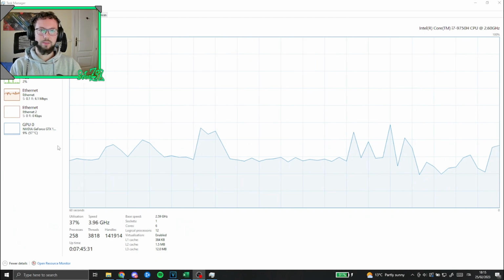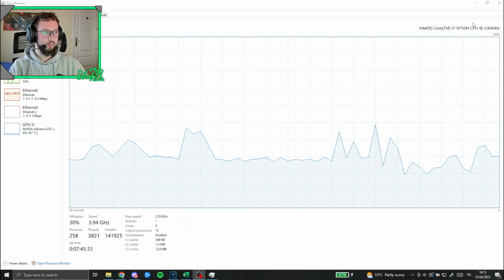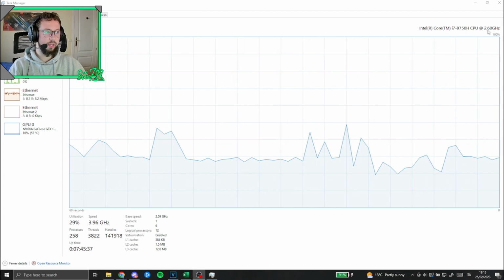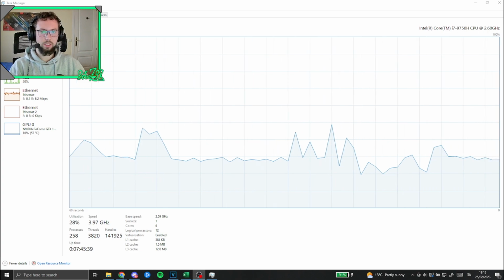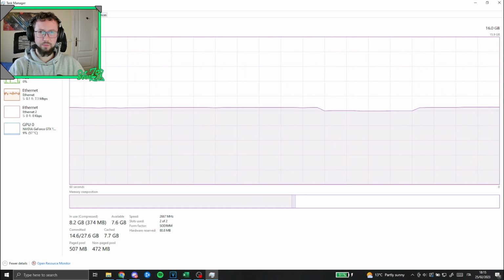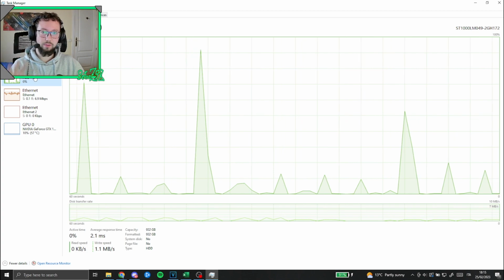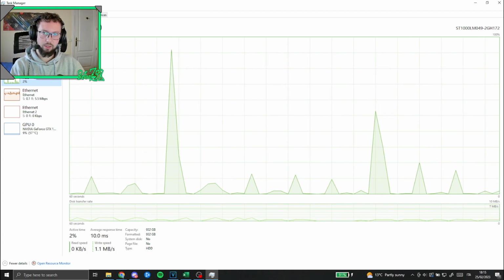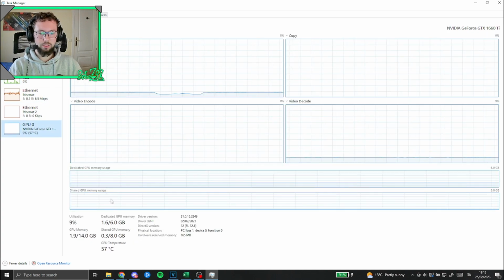From here in the task manager we can see the specs of my hardware. I have an Intel i7 9750H running at 2.60 GHz. I have 16 GB of RAM, which barely meets the minimum requirements. I am running the game from an HDD since I ran out of space on the SSD, which may affect the loading times, and I'm also using this GeForce GTX 1660 Ti GPU, which has 6 GB of video memory